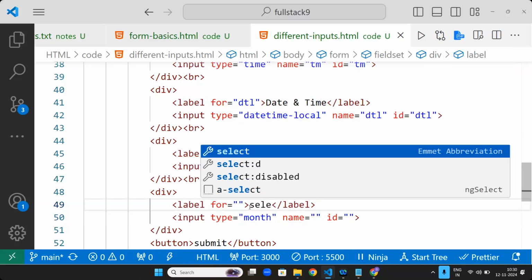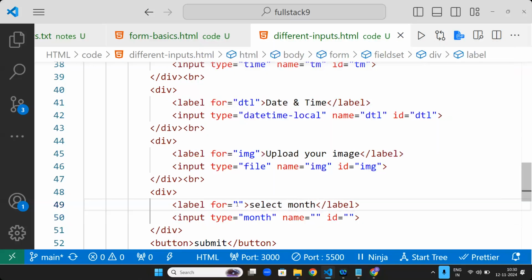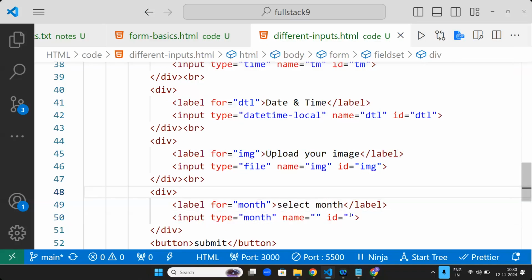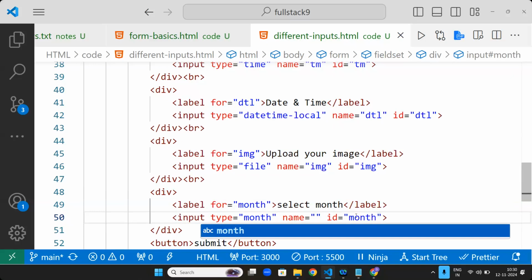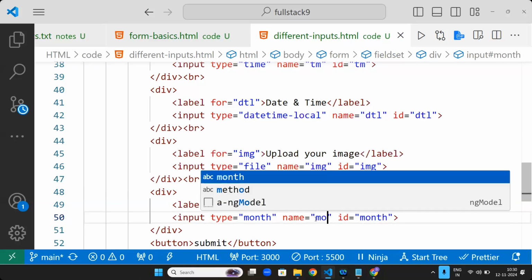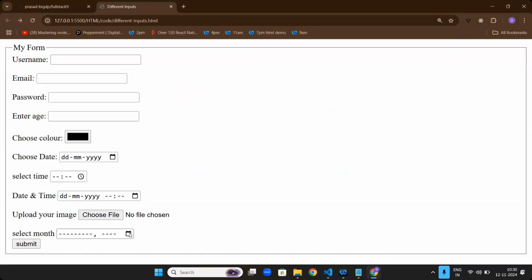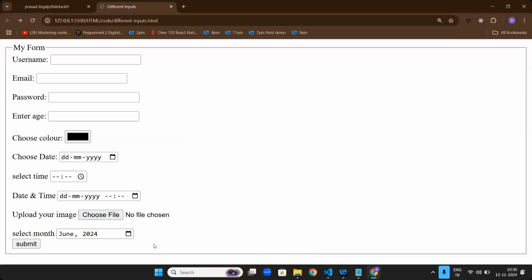Select month. Here also month. Now if I go here, I can select a particular month and a particular year.